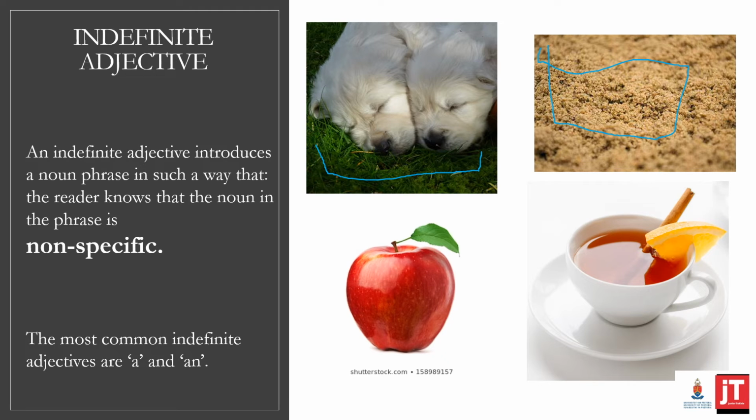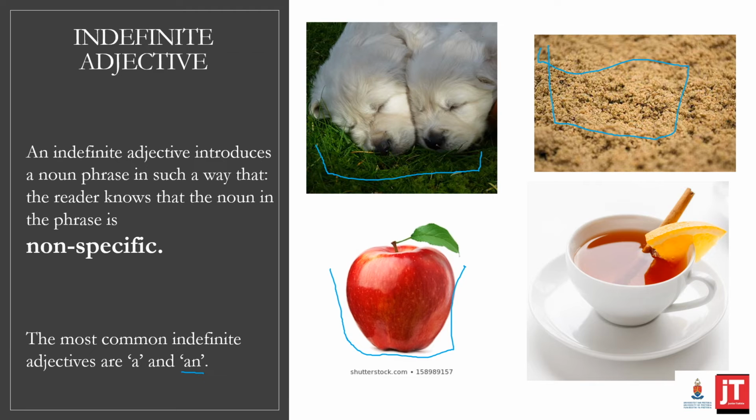So it says here the most common indefinite adjectives are a and an. Those are actually articles, which we're going to dive into a bit more, but they're also not specific. Can I have an apple? You don't care what specific apple you have, you just want an apple. So that's sort of an indicator that it's indefinite. And it's an apple. Why? Because it starts with a vowel,